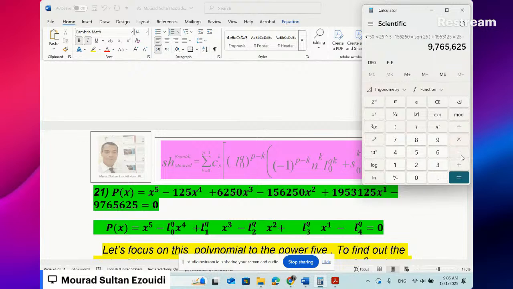Then minus this, minus 9,765,625. I will just subtract 9,765,625. This one is going to be equal to